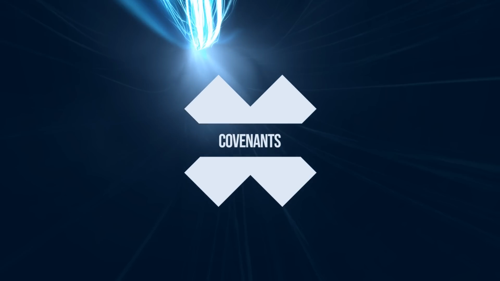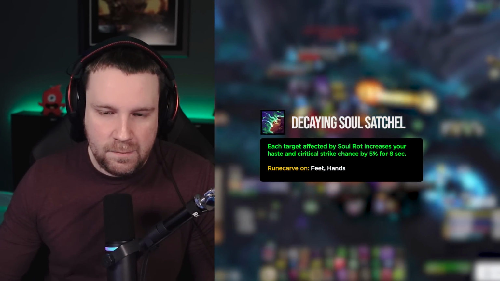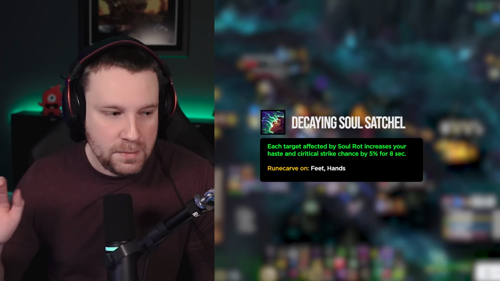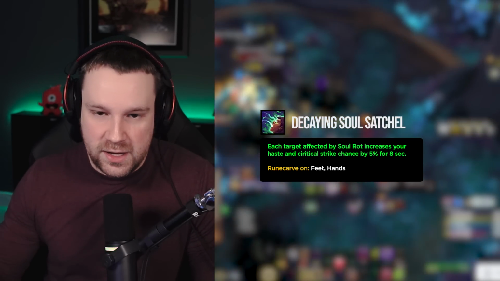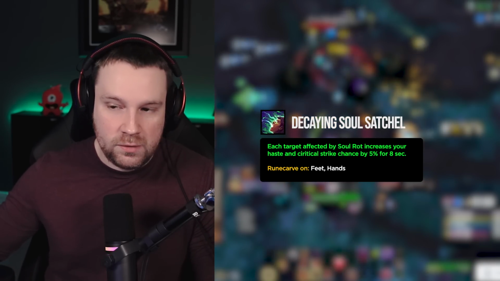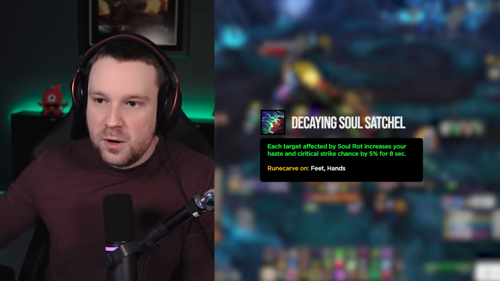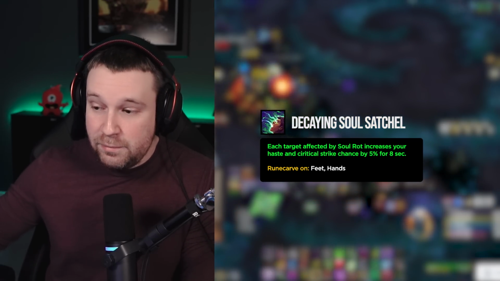So when it comes to Covenants for Demonology Warlock in 9.2, you have 2 options, and they are Night Fae and Necrolord. Now, if you opt to go the Night Fae route, your legendary is called Decaying Soul Satchel, and says each target hit by your Soul Rot, which is a max of 4 targets, by the way, increases your haste and crit strike chance by 5% for 8 seconds. Now, the crit effect here is additive. However, the haste is multiplicative, which means if I hit 1 target, it's 5, 2 is 10, 3 is 15, and 4 being 20. But if you have a Bloodlust effect, or a Heroism, or a Power Infusion, or some other haste-based effect with this, it's a multiplicative kind of haste amp,